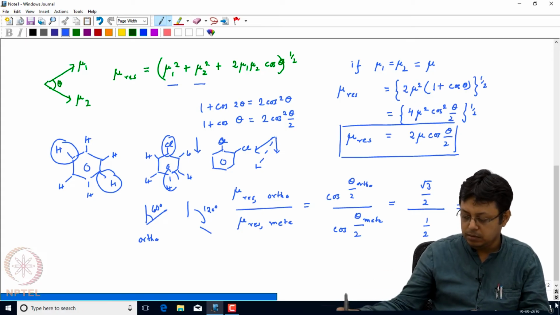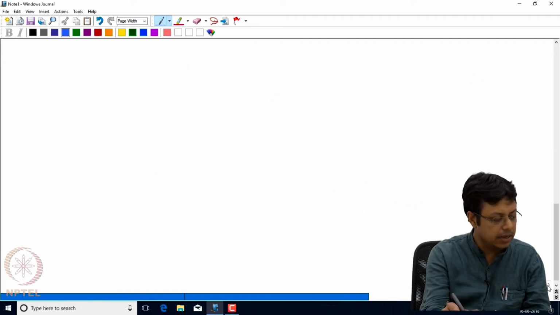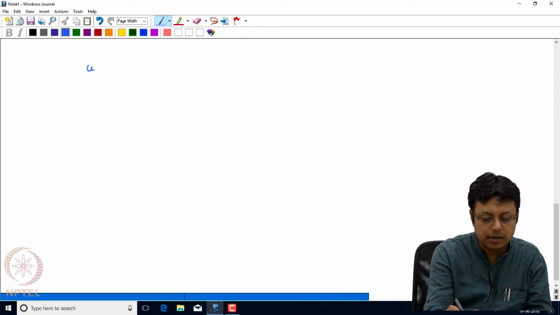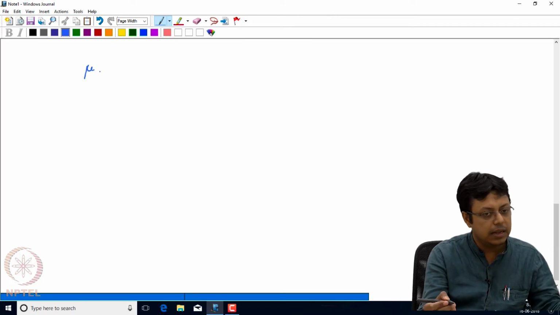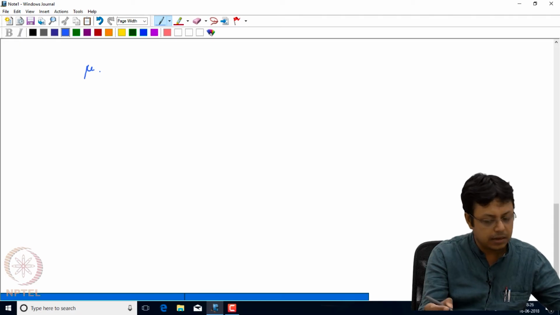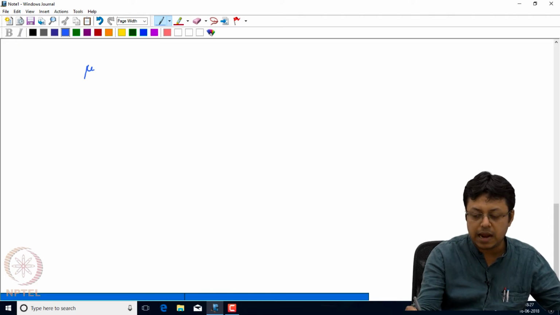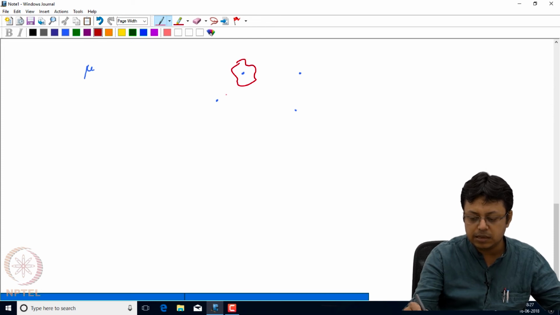To be more specific mathematically, suppose I have a total mu like this, and suppose this is an arbitrary molecule with many atoms,